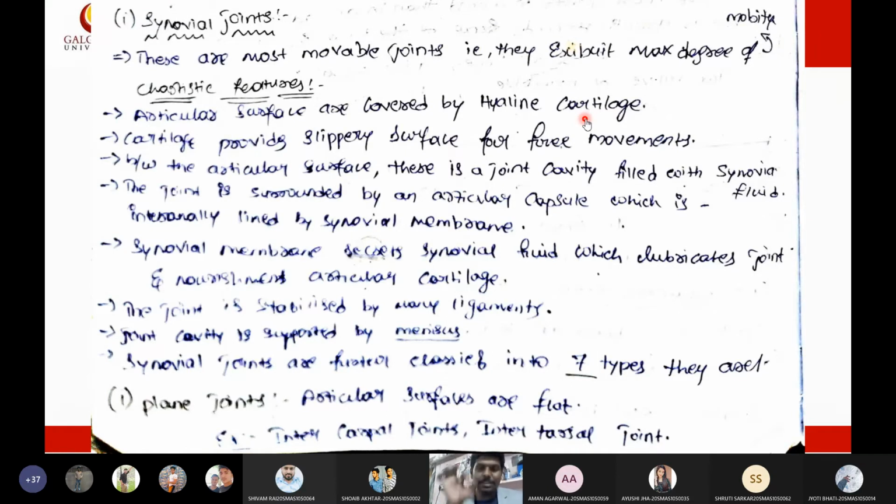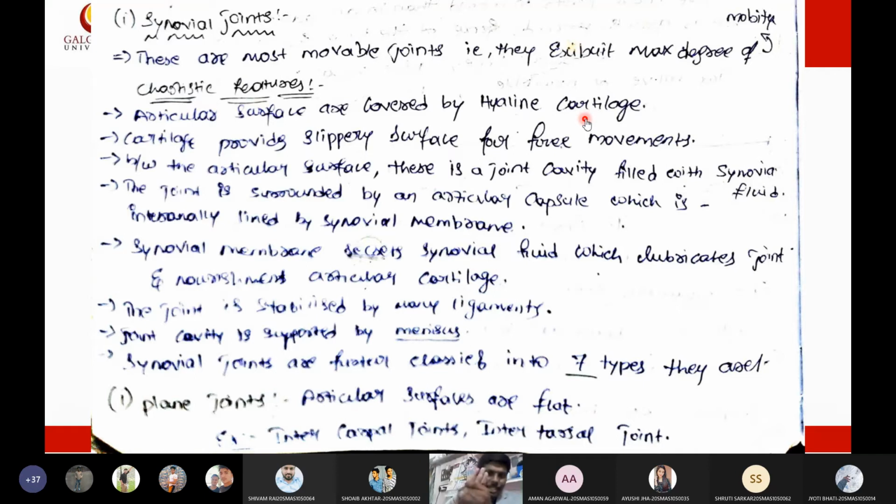The presence of this synovial fluid is the interesting and unique feature of synovial joints. It is like having some oil in the joints. What is the purpose of oil? Oil gives more mobility. If machinery like wheels are not moving freely, you keep some oil, and the wheel will move freely. Similarly, in these joints we have an oil-like lubricant substance called synovial fluid, and it enhances greater, even more free mobility of these bones.